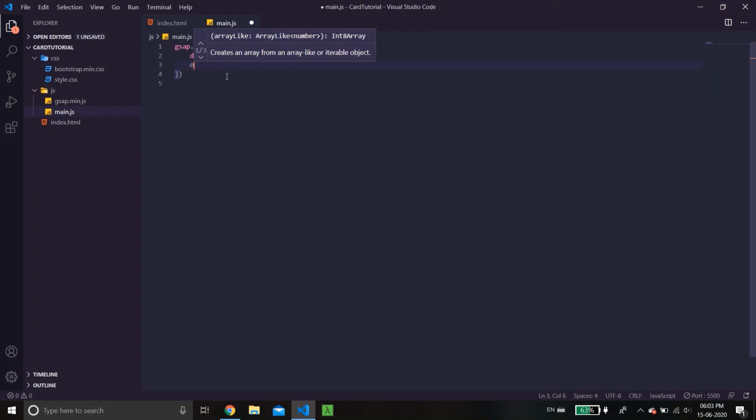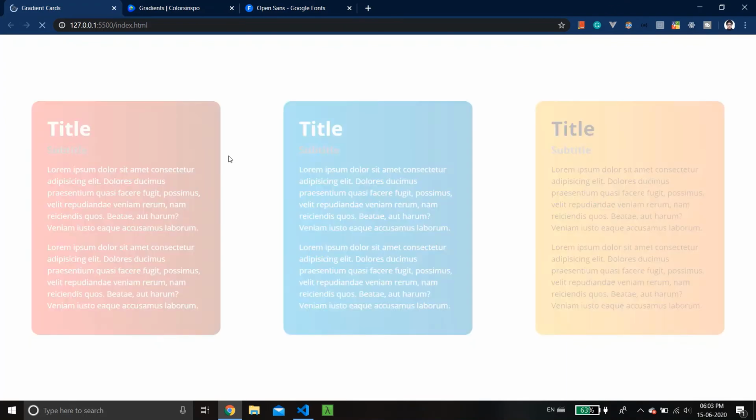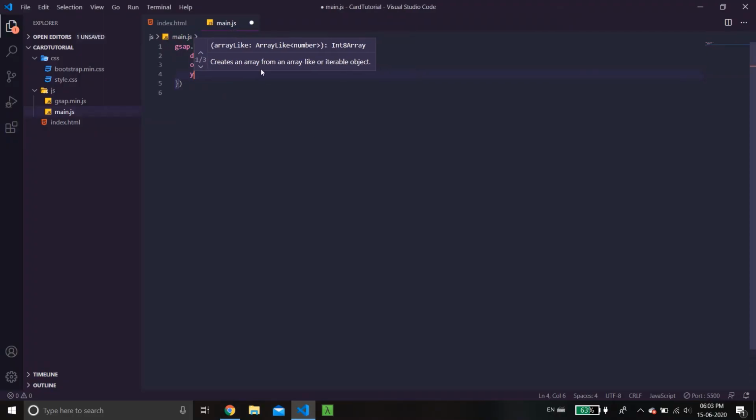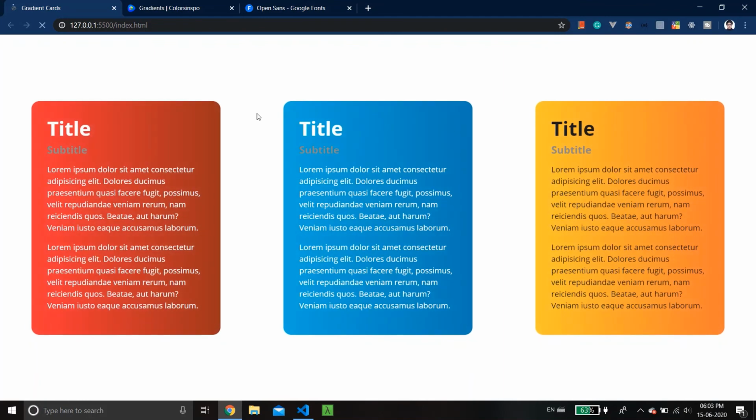So if I say from opacity 0, it's going to animate from opacity 0, but that's not just it, I want to have y, let's say 10. Not really, I think, so let's try 50. Yeah, that looks good.